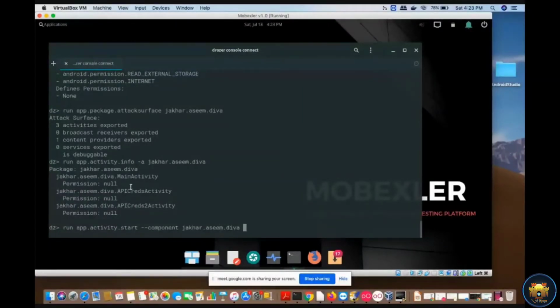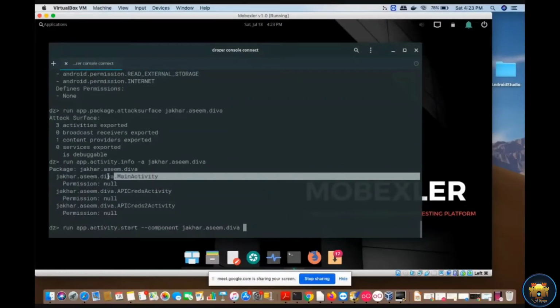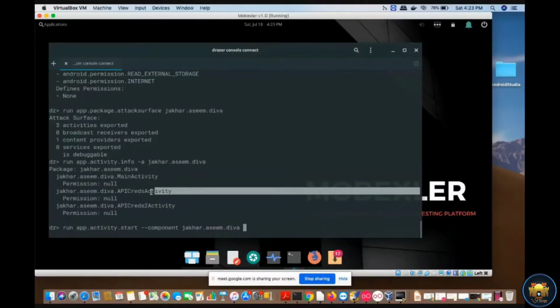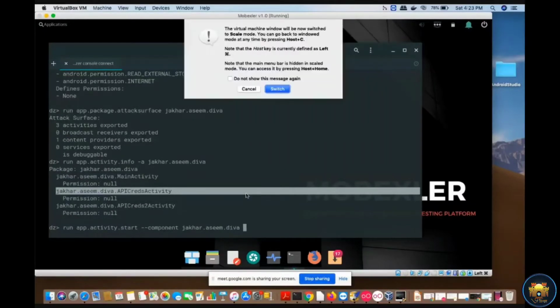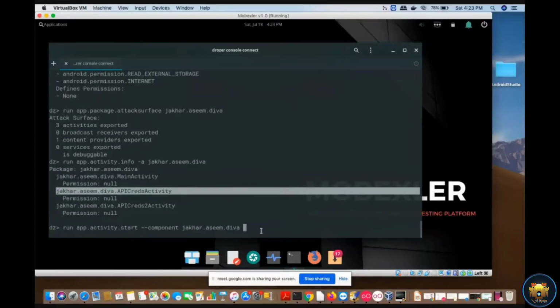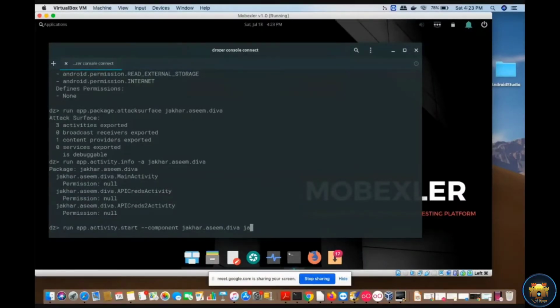So this is the main activity, which I'm not going to export, because this will not give much information, but this API CRUD activity looks suspicious to me, right? So I will just copy this one. Oh no, cancel. So I will type it here. Jakar dot